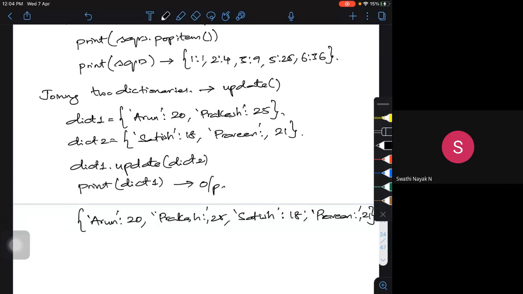So I have got a combined dictionary. I can choose this example. Both the dictionaries have been updated, and dict1, what I call the first dictionary, will have the items of both dictionaries, that is the second dictionary too. Okay, this is how you can add a dictionary.